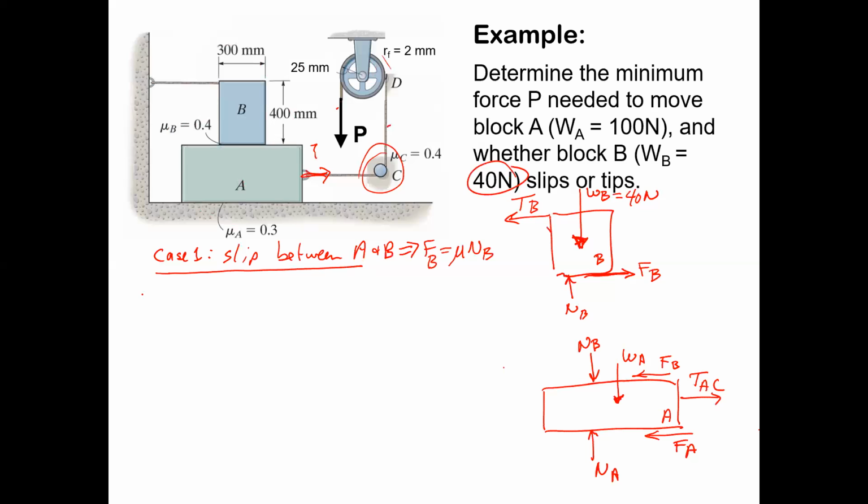So for box B, we do the sum of the Fy's,